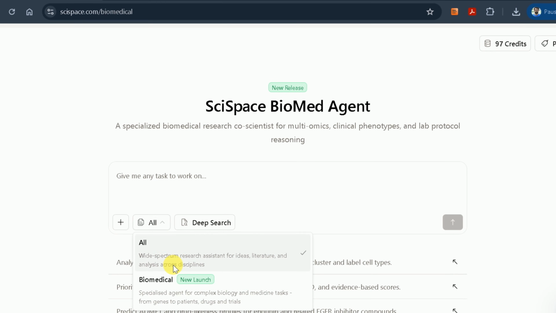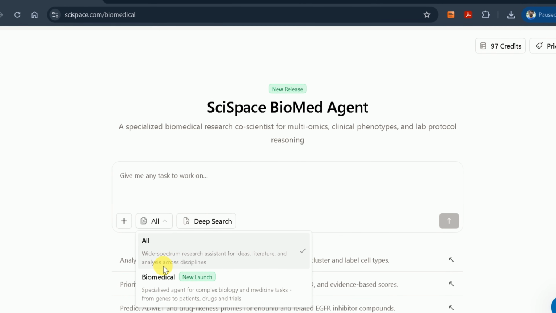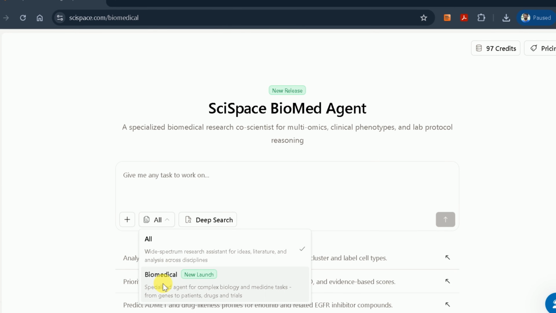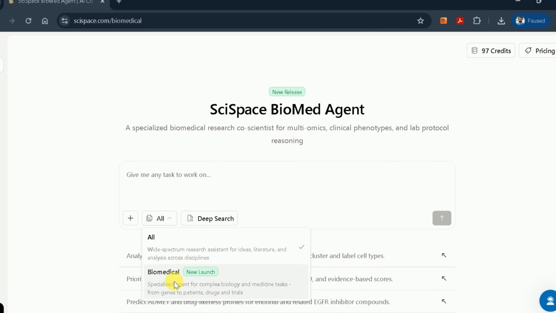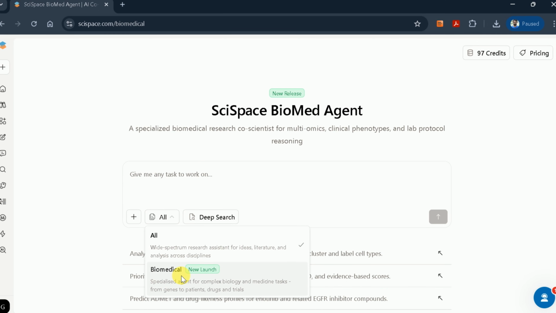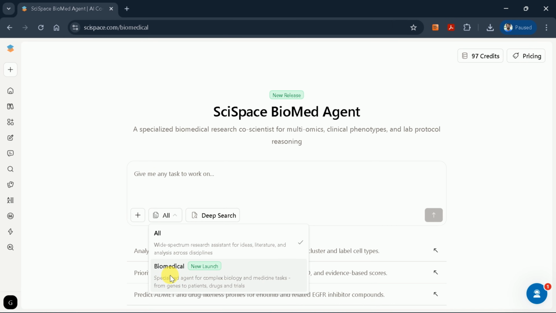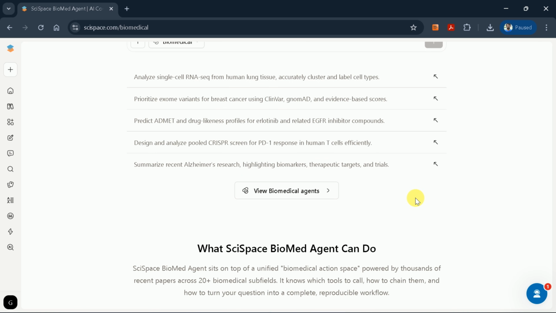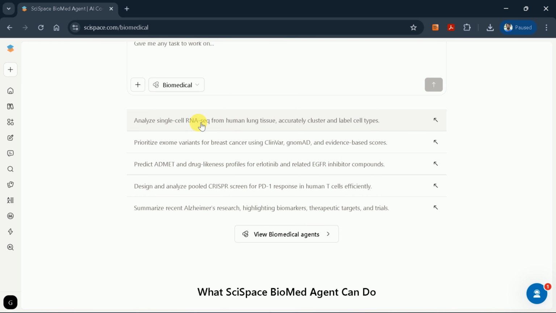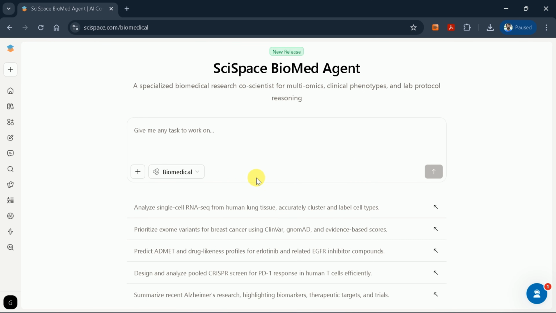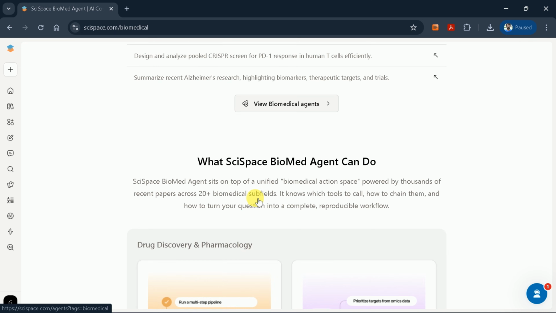Looking at the interface, you'll find two options just below the prompt bar: All and BioMed. The All mode handles a wide spectrum of research assistance, including idea generation and literature analysis across multiple academic disciplines. The BioMed mode, however, is specifically optimized for complex biology and medicine tasks, genetics, patient data, drug research, and clinical trials. This specialization matters because biomedical research requires understanding of highly specific terminology and databases that general-purpose AI might not